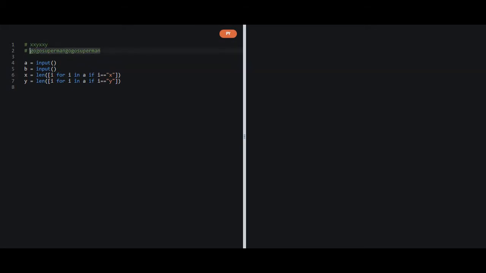So in such a case, we can reject such a case, and we can just move on to 2. And if we replace x by 2, means the length of the x would be 2, then we can see that there are 2 go, and both are same. And after we will automatically get the value of y using the length of b and the value of x. And after getting the value of y, we see that our y is also satisfying, because there are two y's and both are Superman, and our x is also satisfying all the four of the time. So this is how we will go about this question.